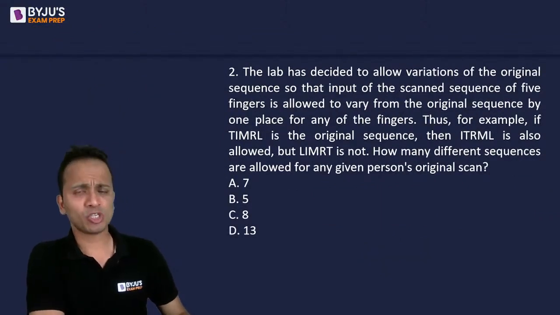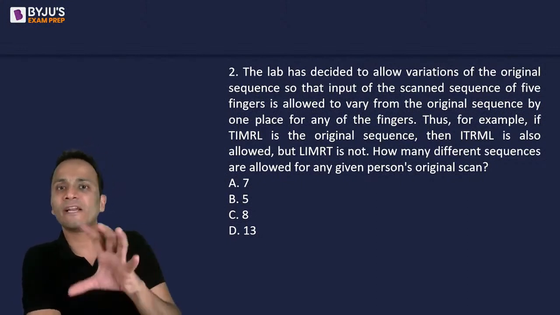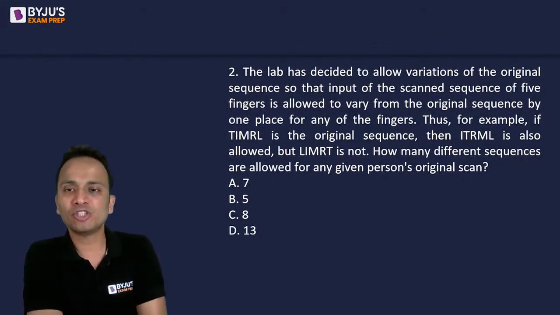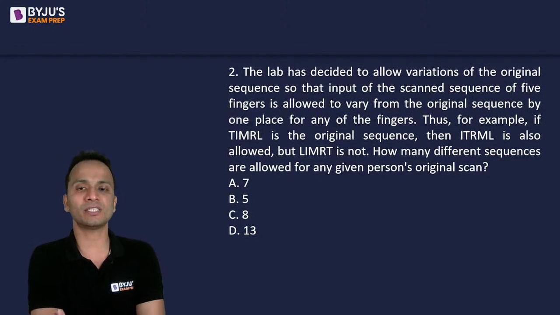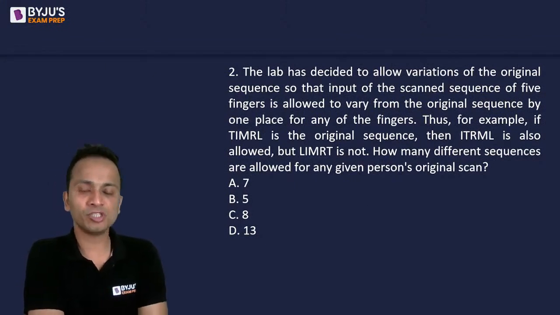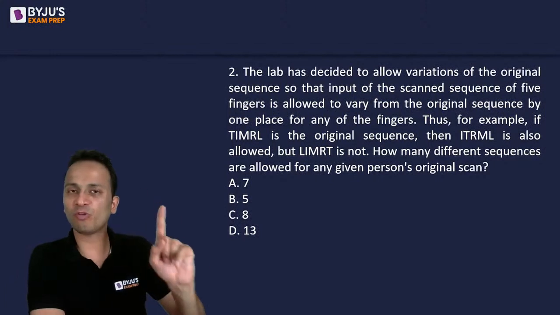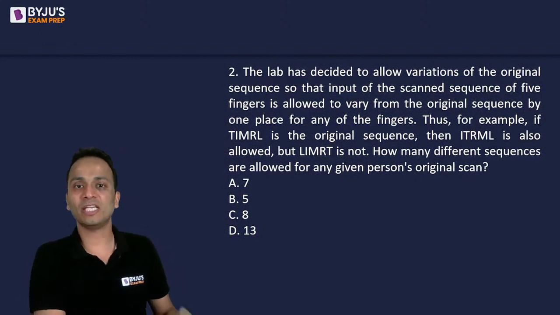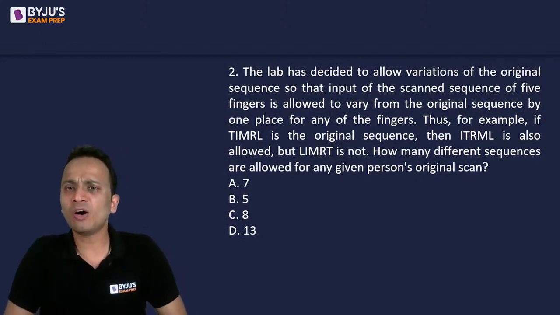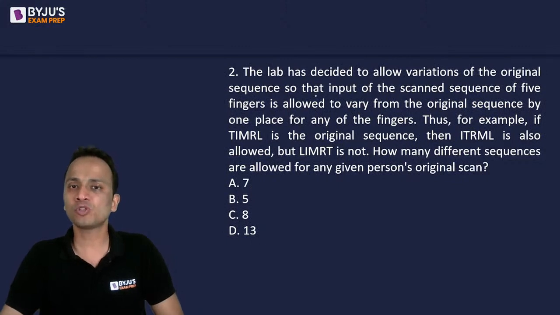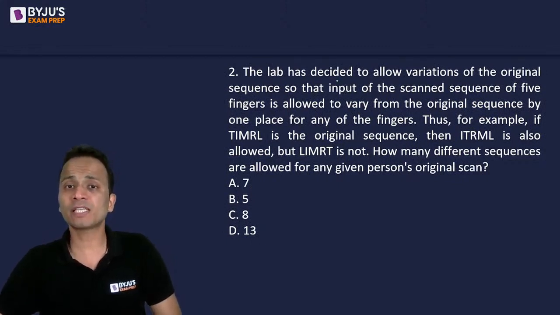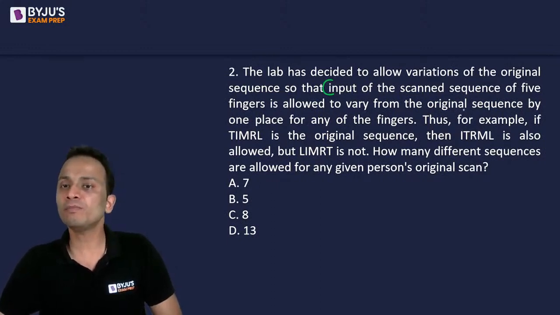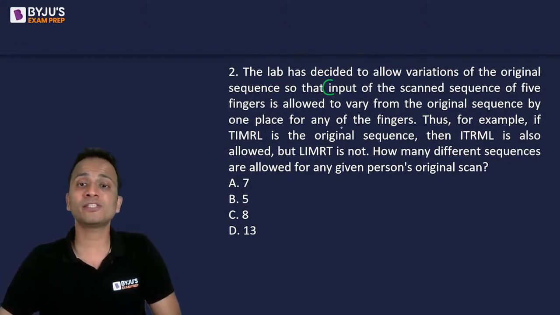Now, question number 2 again. So basically, they'll be telling you what relaxation the lab has allowed. Okay, and based on that, you'll have to find out how many different sequences are allowed for the given person's original scan. So please don't forget to add the original scan. Okay? All right. चलिए. So the lab has decided to allow variations of the original sequence so that input of the scanned sequence of 5 fingers is allowed to vary from the original sequence by one place for any of